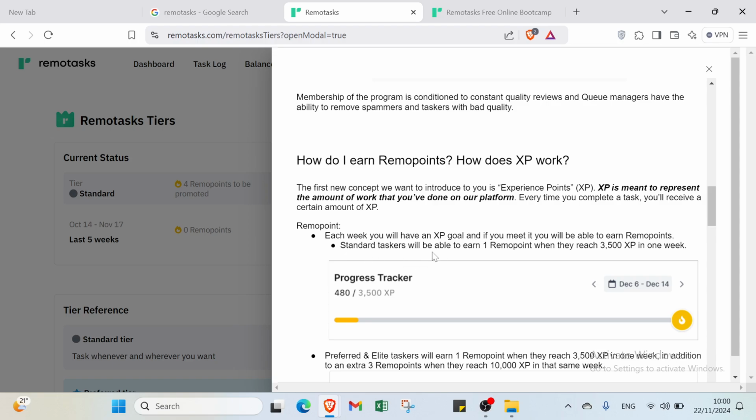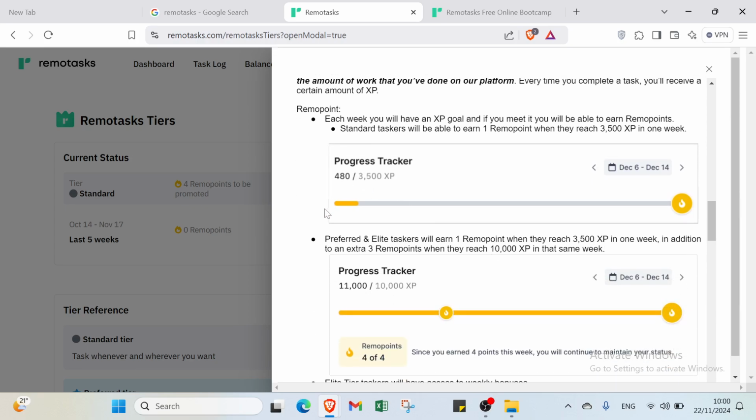Here we have standard taskers will be able to earn 1 remote point when they reach 3,500 XP in 1 week. Right? So we have here the example. Then we have the second tier: preferred and elite taskers will earn 1 remote point when they reach 3,500